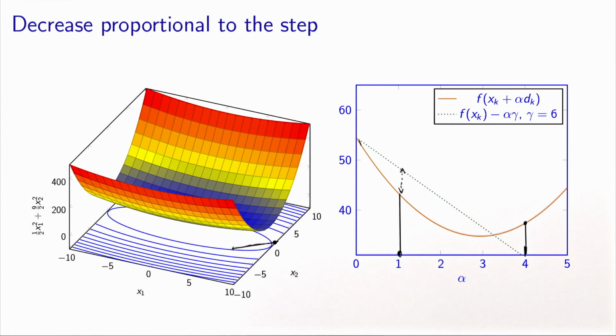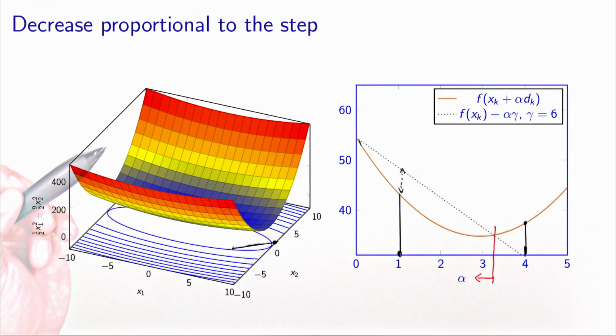And as you can notice, the decrease is bigger than the one that we have achieved for alpha equals 1. But alpha equals 1 has been considered acceptable because the decrease was sufficient for a short step. Now, when we want to do alpha equals 4, it's a long step, so we have more requirements. And the decrease that we achieve here is not deemed sufficient. In this example, any alpha less than or equal to 3 point something will be acceptable according to our condition. So that's the idea.